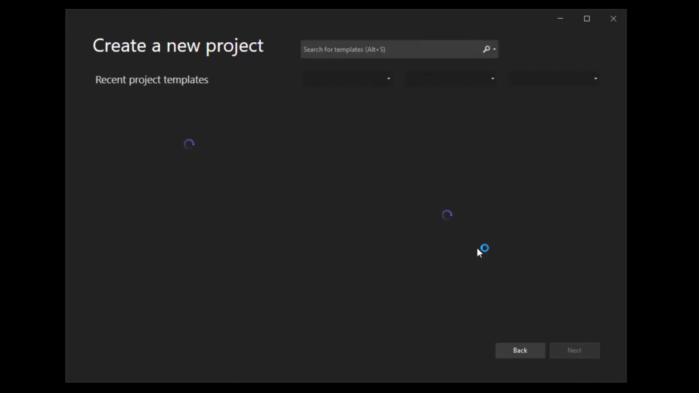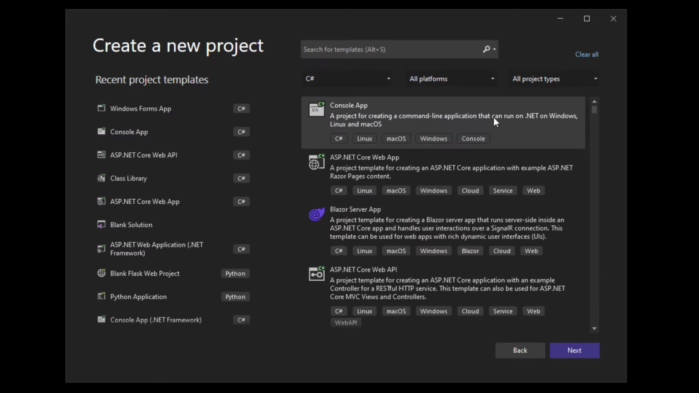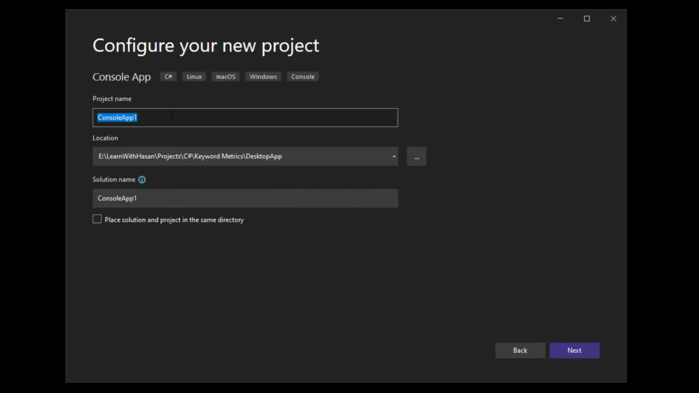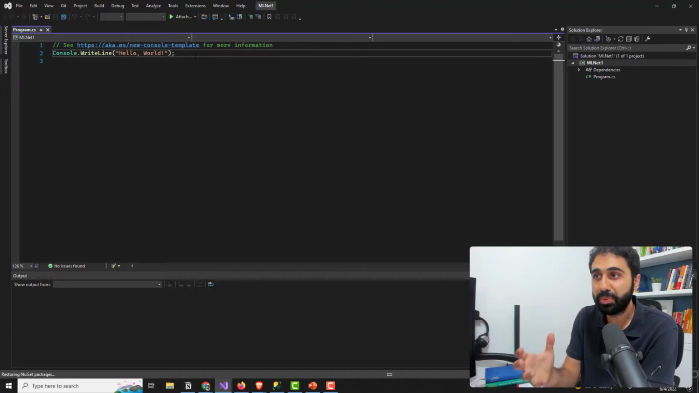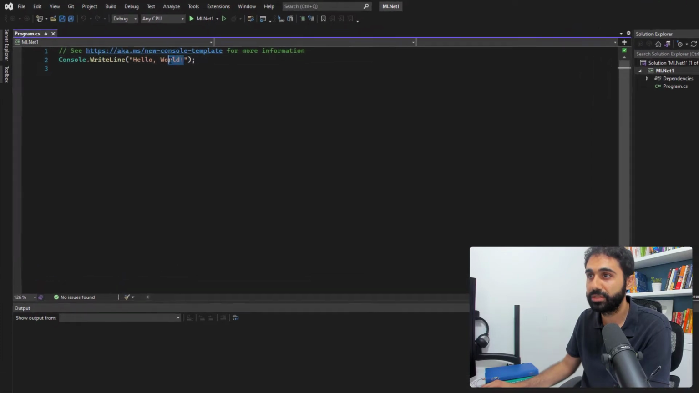Create a new project. I will pick .NET Core console application, click on next, and simply say ml.net1, anything. Select the folder and click on next, create. And here we are, we have this simple console application. Let's say here hello